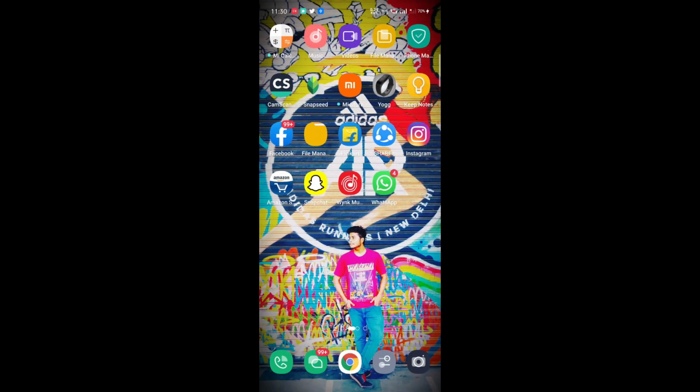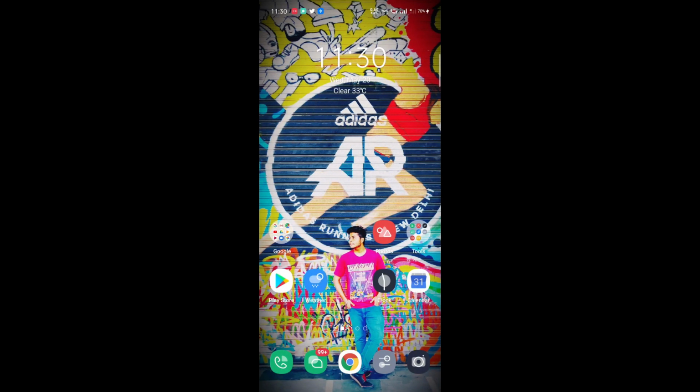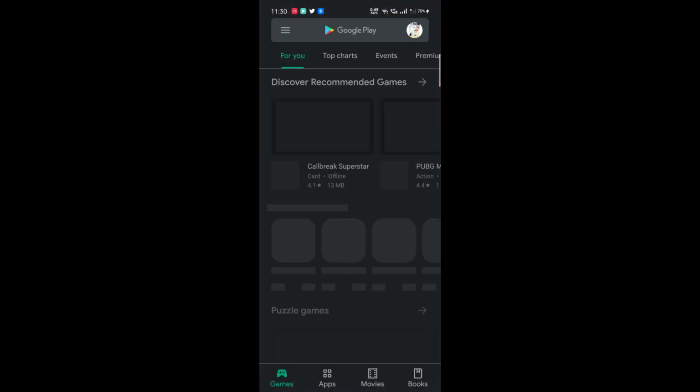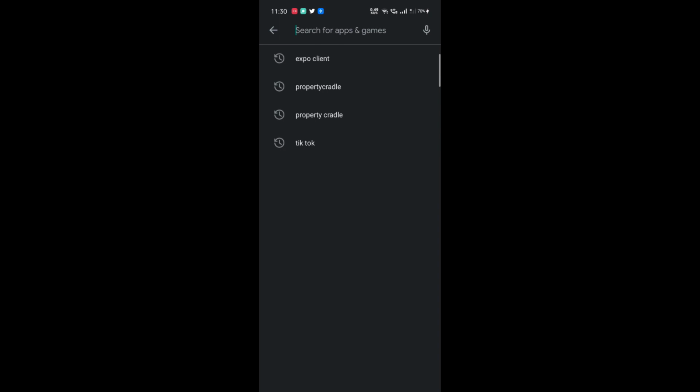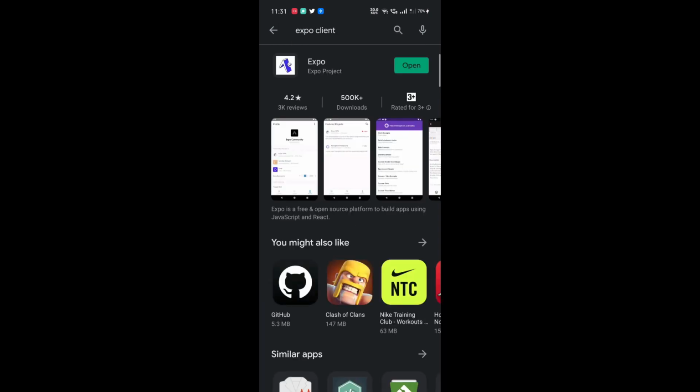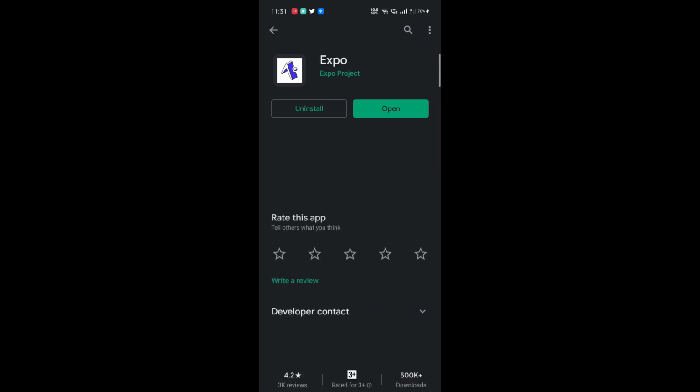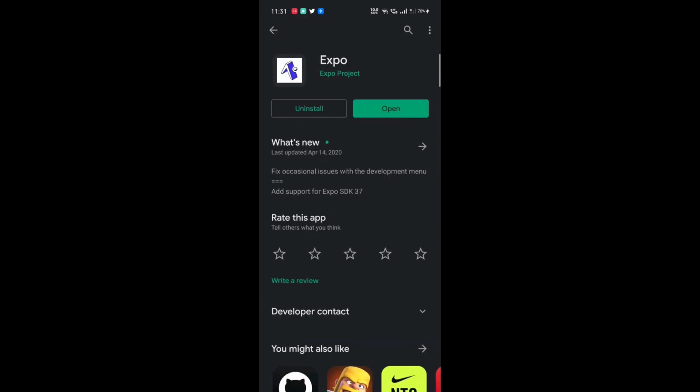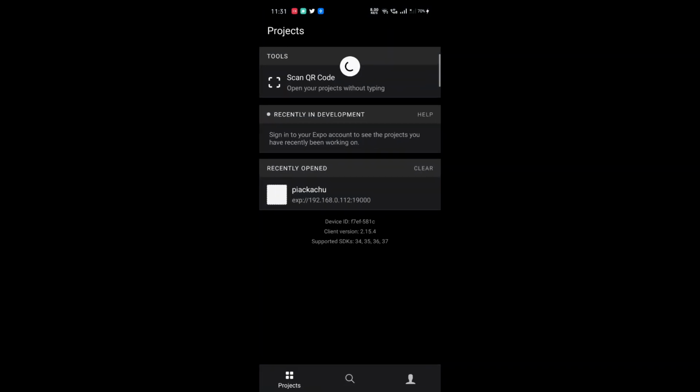So guys, let's set up our phone so that everything will work fine. Go to the Google Play Store or any store which you have, that iOS has. Here you type Expo Client. You get the first result, which has 2.4 stars, and just install it and open it. Okay friends, come back to the video and follow all the procedures, and finally we will see how this app works.